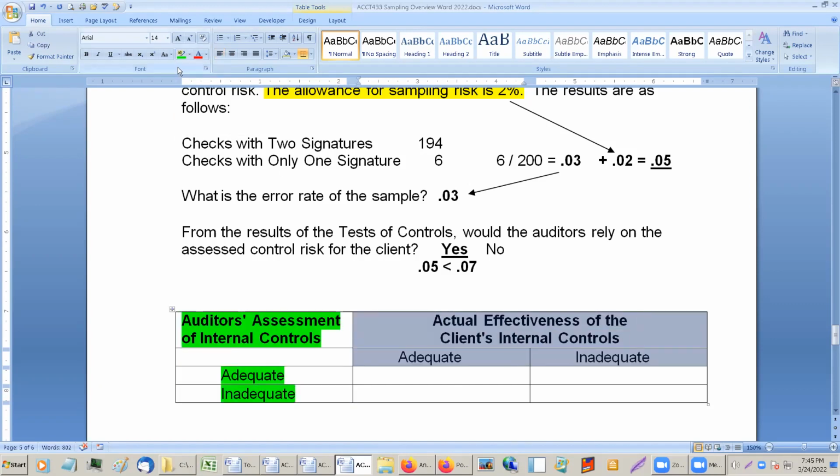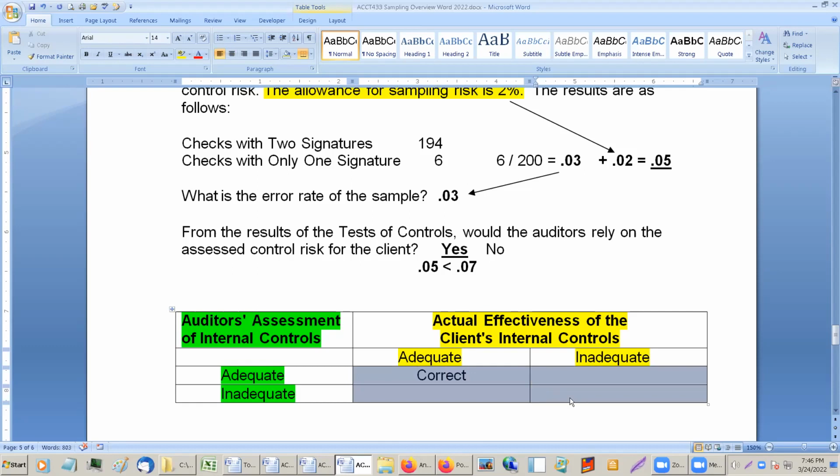And here's the actual. Now, if the auditor tests and says that everything comes up adequate and the actual is adequate, then this is the correct answer. Same thing over here. If we say that they are inadequate, and they actually are inadequate,